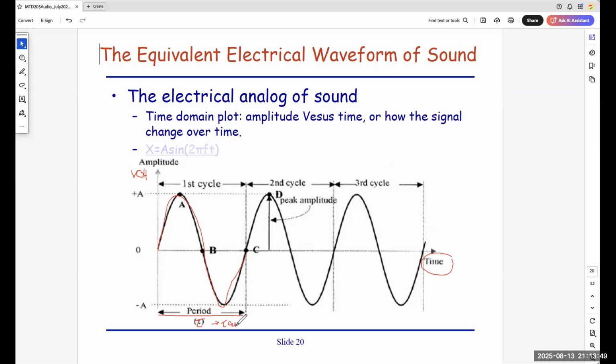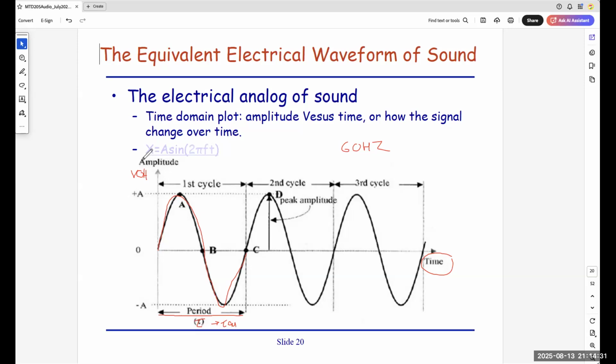This period eventually leads to something called frequency, which you see in day-to-day life, for example in your power supply. Do you have a 50 hertz power supply? If you plug into your shipping plug in Singapore, China, Thailand, it may be 50 hertz. But if you go to Japan or the US, it will be 60 hertz. Later on, we'll talk about what hertz is. Hertz means how many cycles per second.